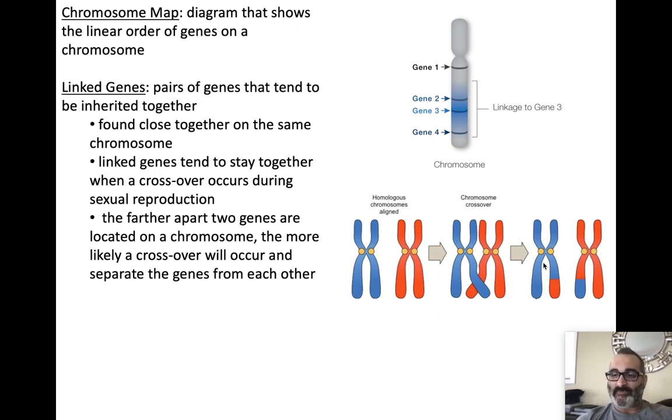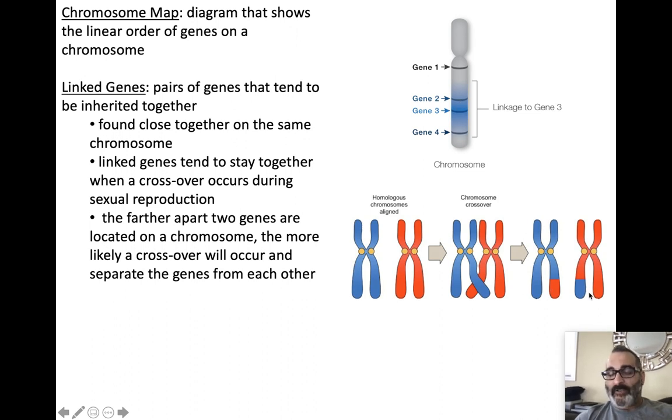It allows organisms to survive. It gives them different types of genes. And these new genes might be better, in some cases worse, but might be better and give organisms a better chance of survival. So variation is good. So in crossing over, they shift positions, and these are homologous pairs, chromosome 1 from dad, 1 from mom. They flip-flop information. Now, if the information is really close together, whenever a crossover takes place,